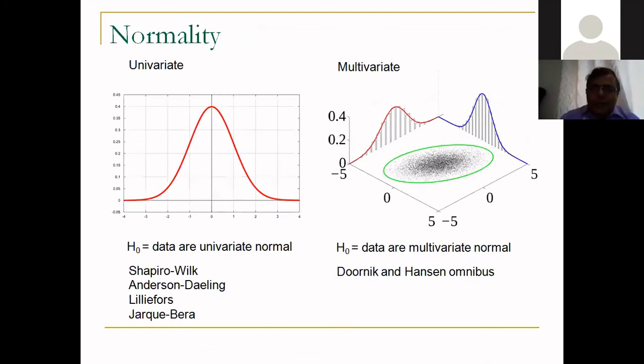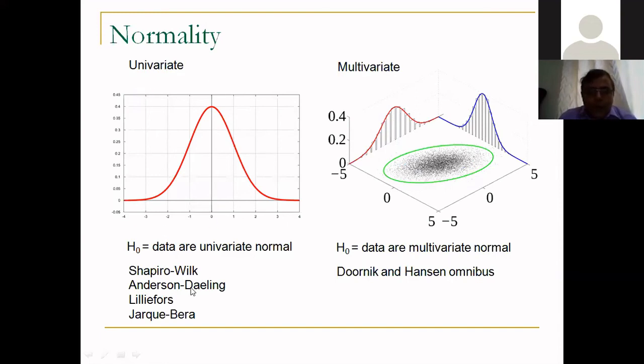So what is normality? Normality is when a character follows a bell-shaped curve like this. If you have one character, say head length, and it follows a nice bell-shaped curve like this, most of the organisms are at the mean over here, and there is some scatter but not much, and the scatter is equal on both sides. In that case, you say that your data is normally distributed. The same goes for multivariate normality. Here I have shown two variables, but you can have n variables, and n variables will create a scatter for which you can try to understand whether that scatter belongs to a multivariate normal distribution or not.